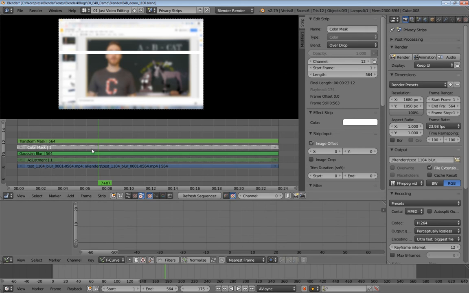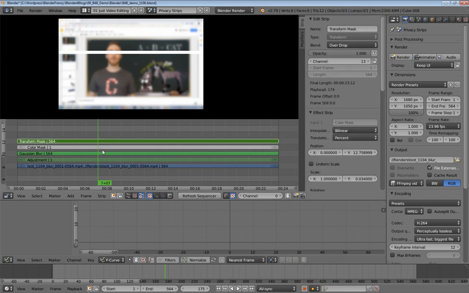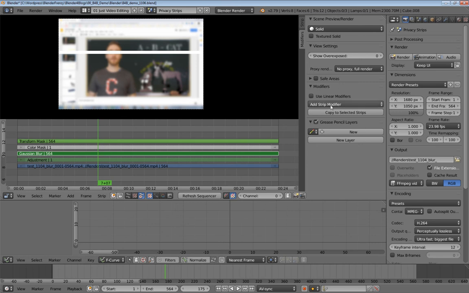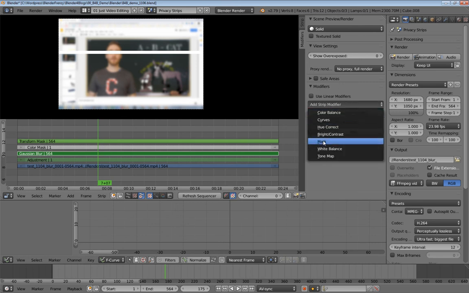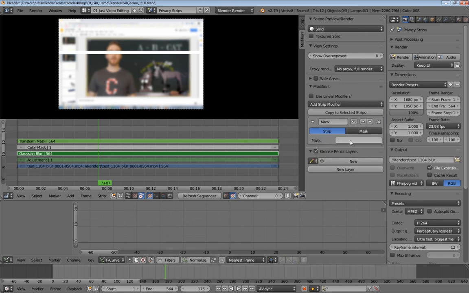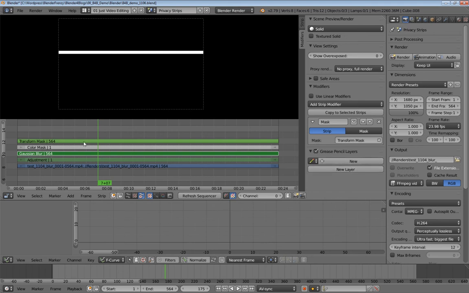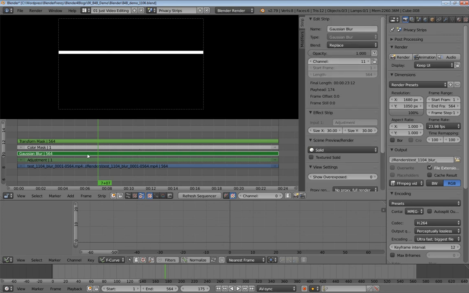Okay, just like that. So we want to select our Gaussian blur first, go to modifiers, add strip modifier mask, and then select our mask down here. Make sure we're on strip, and then select our transform mask. Okay, so now what we have is just a white bar on a black background. So, of course, Gaussian blur, go over here, replace to overdrop,